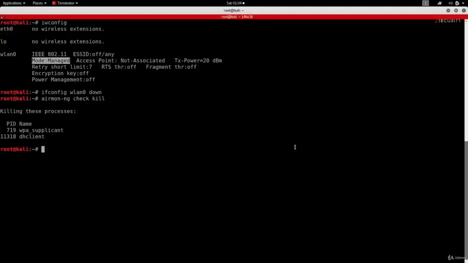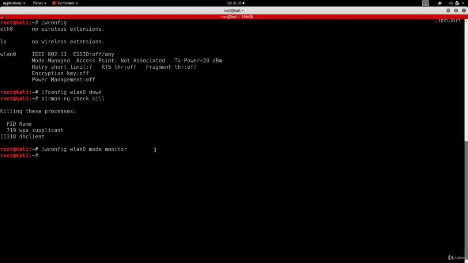Now we're going to enable monitor mode. So we're going to do iwconfig, followed by the interface name that we want to enable monitor mode on, which is wlan0. We're going to say that I want to change the mode, and I want to change that to monitor. So very simple command. We're using iwconfig to change the mode, giving the name of the interface that we want to change, and saying I want to set it to monitor mode. Now if I hit enter, you'll see the command runs with no errors, which means the command got executed properly.